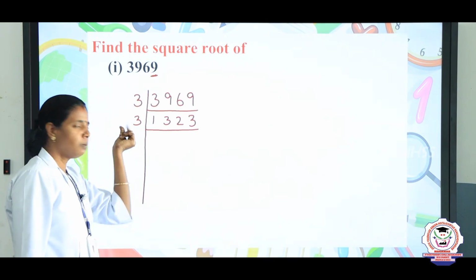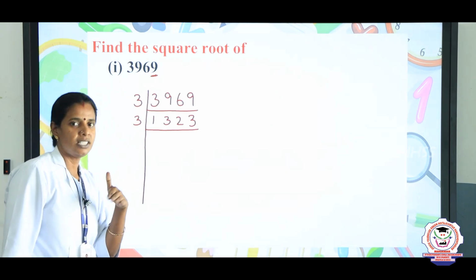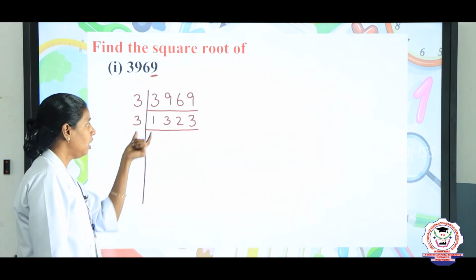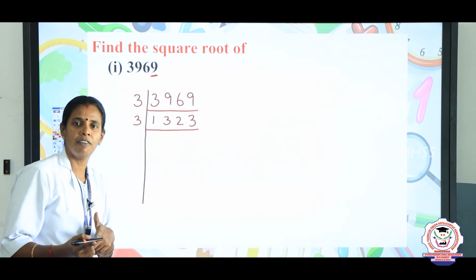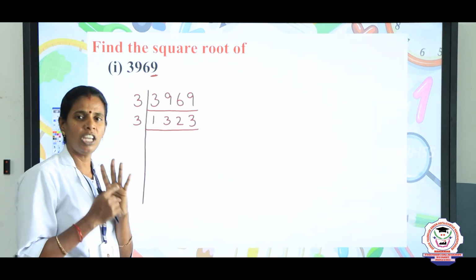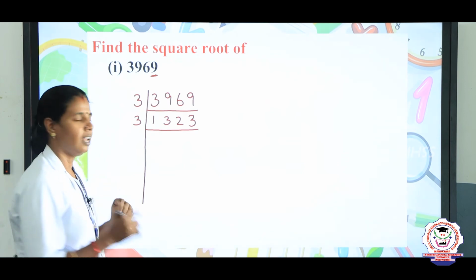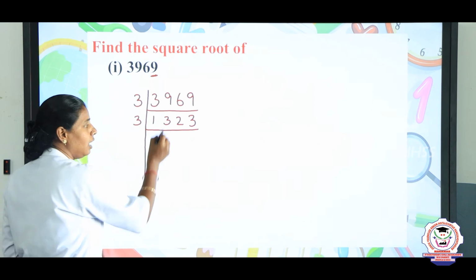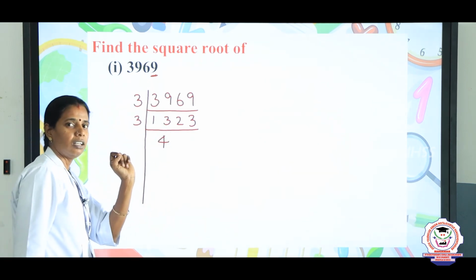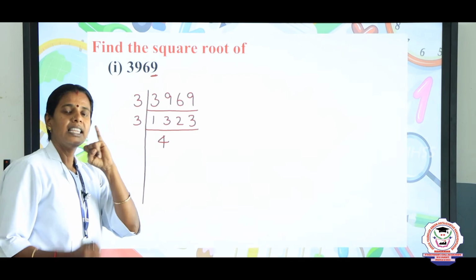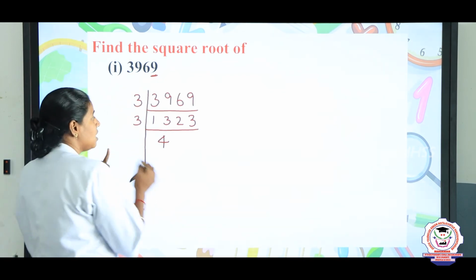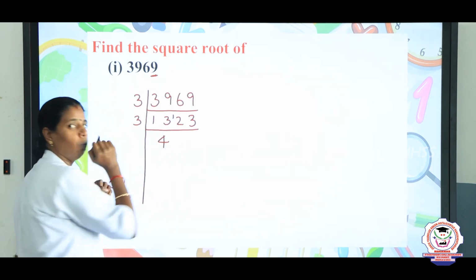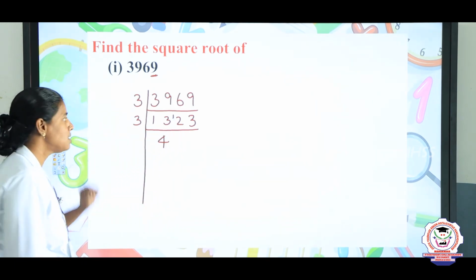See, 1 is not possible to divide by 3, which is a smaller number. The next number it will join with is 13. Now, 13, how many times is it possible to divide by 3? 3 fours are what? 3 fours are 12. So, we are going to write 4 here. Here, the number is 13. So, 3 fours are 12. 13, 1 is remaining, is there not? Yes. That 1 will be joined with the next digit and it will become 12 now. Okay. Now 3 how many times?